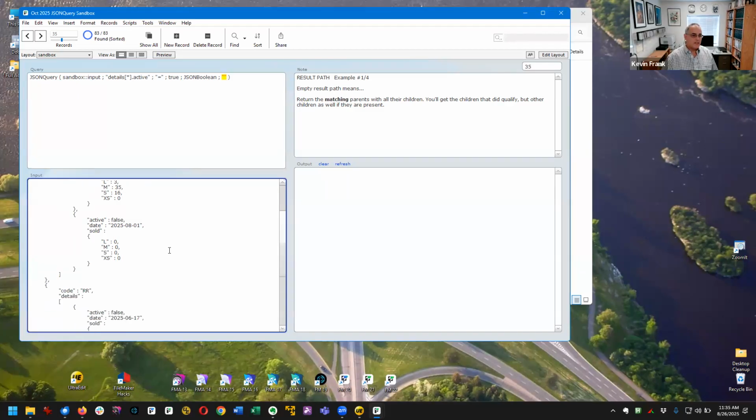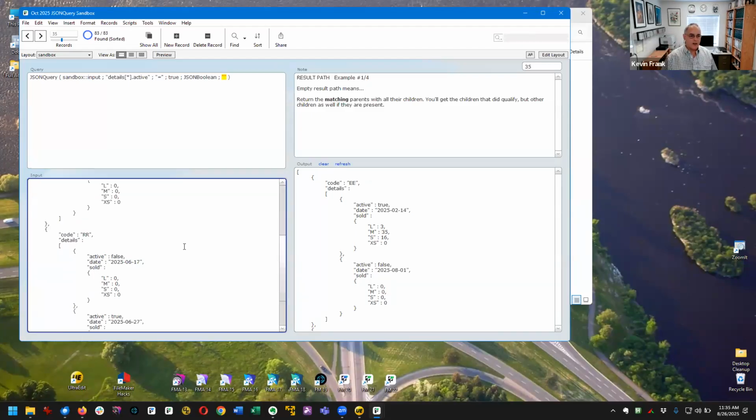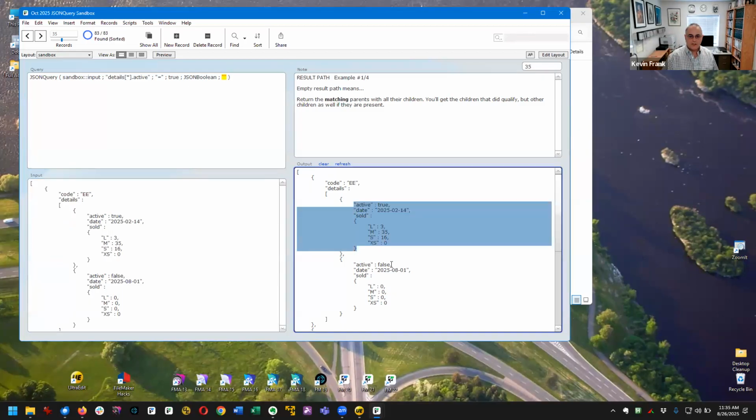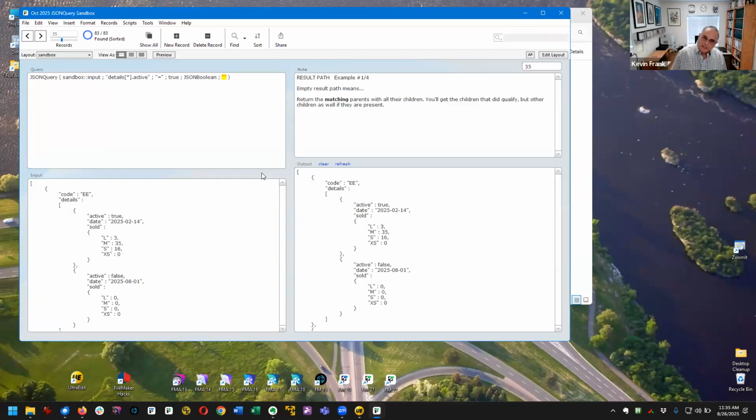Well, it just so happens that there's basically 2 records here, right? It just so happens that in both these records, I've got a true entry. So when I say bring everything back, at first it looks like it did something wrong because it just basically brought back both those records. But the reason is because there was at least one match, right? So this record had a match on true, and this record has a match on true. And that's why it came back. So that's arguably useful. But what if instead